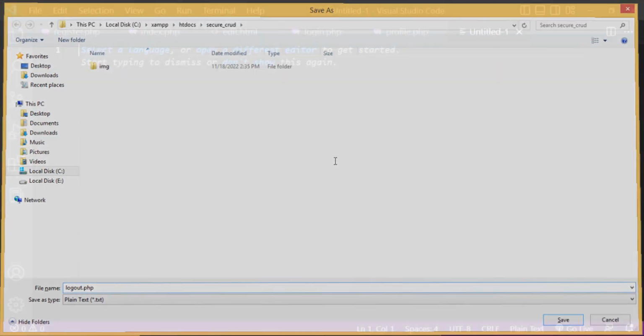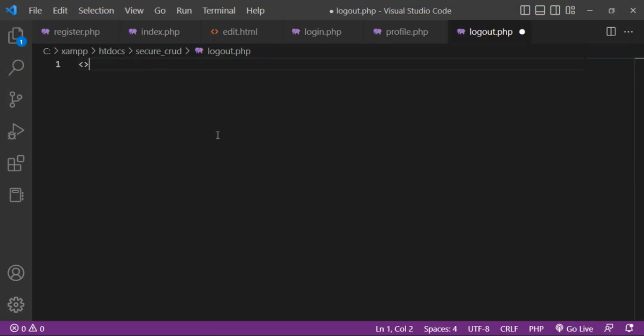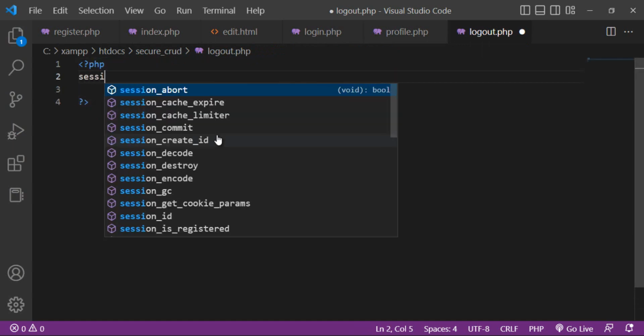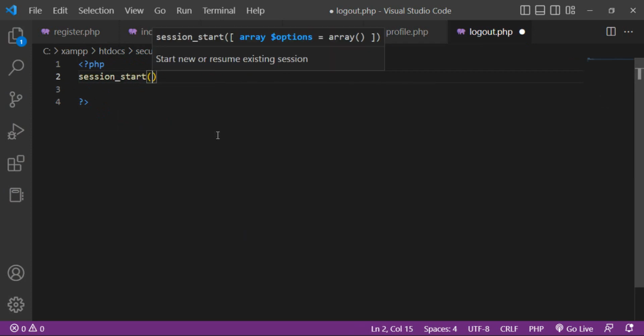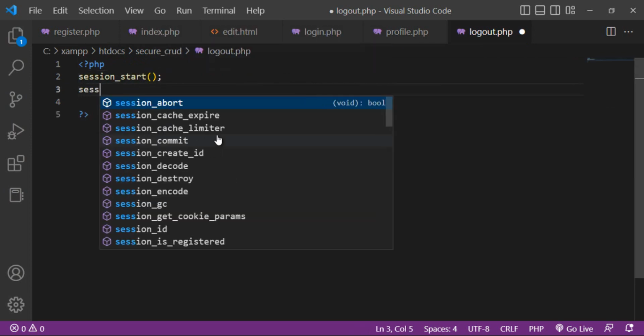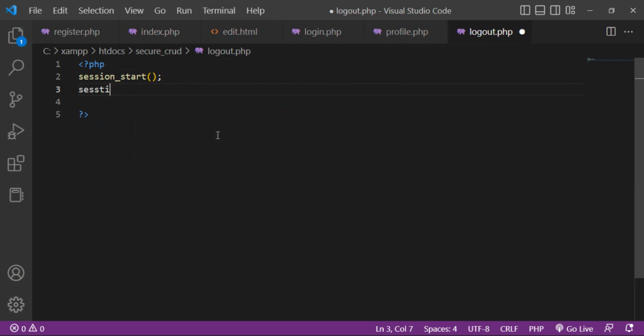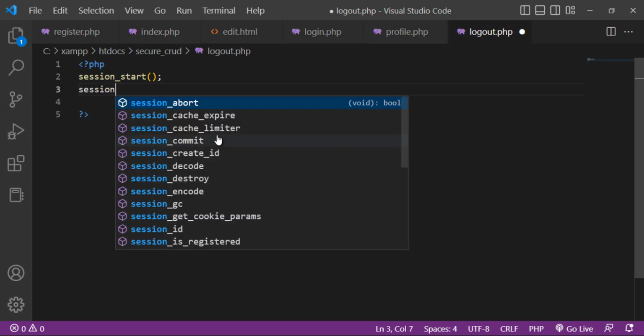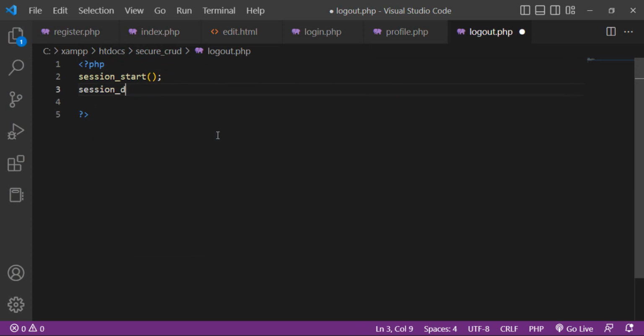logout.php. For that, I have to start PHP tags, and then I have to start the session at first, and then after starting I have to destroy the session, and then after destroying the session, I have to echo and send the user to